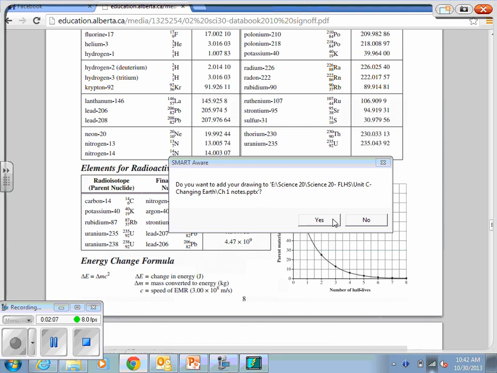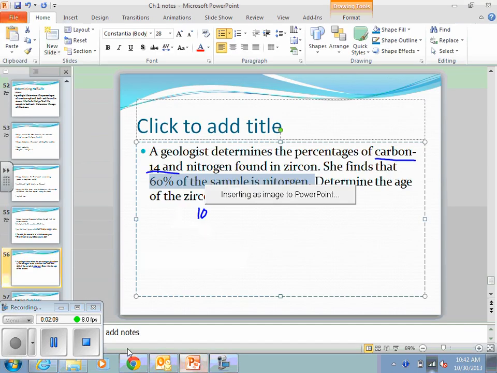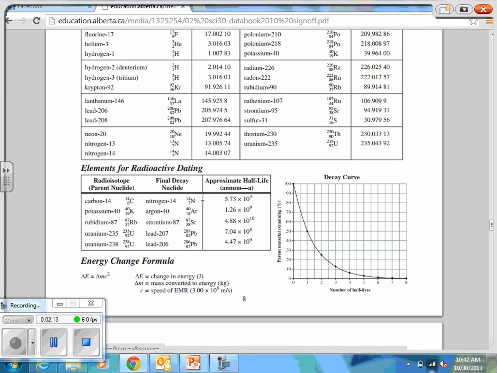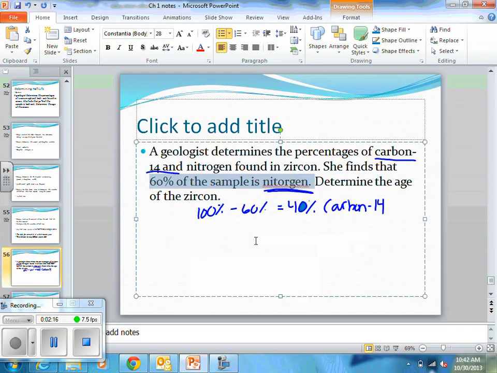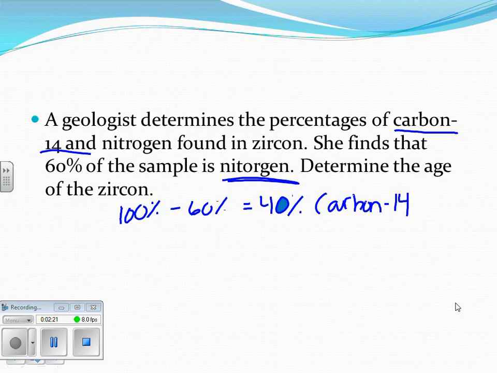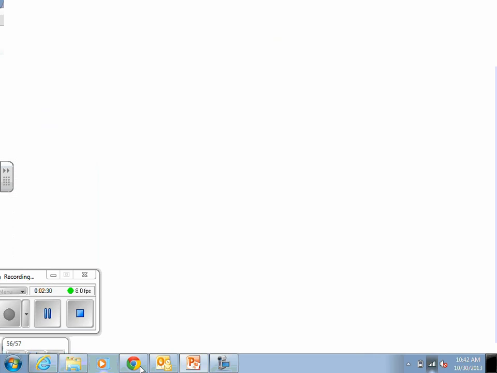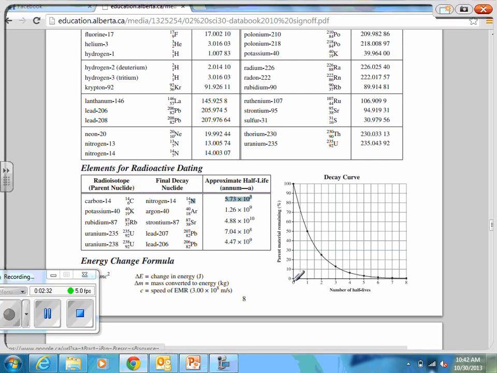And it is 5.73 times 10 to the 3. Okay, we use our chart now to figure out, based on having 40% remaining, how many half-lives have passed. So if I look at this chart, 40% is right here. And if I trace over to here, it's approximately,